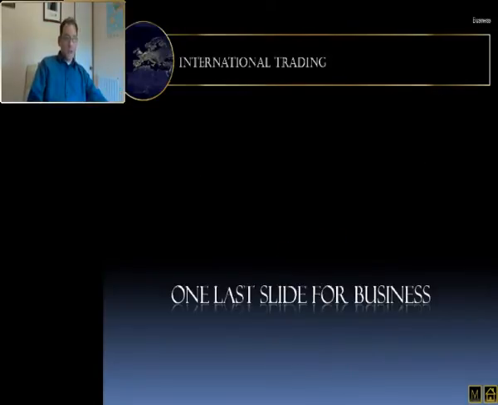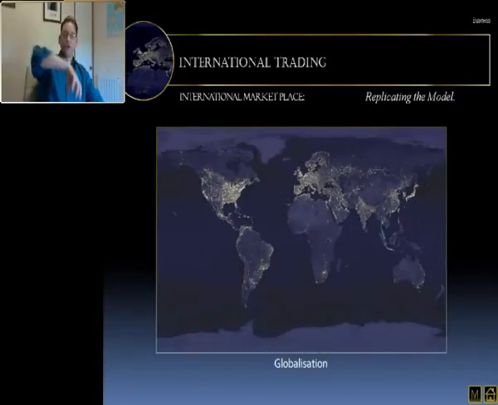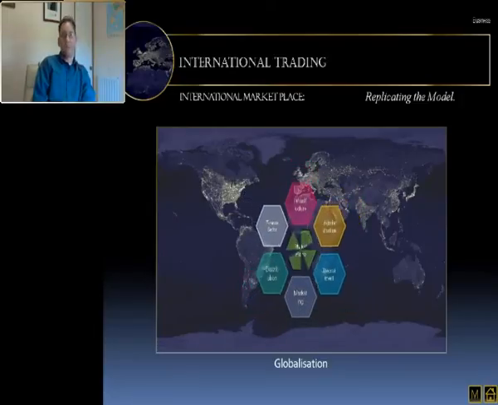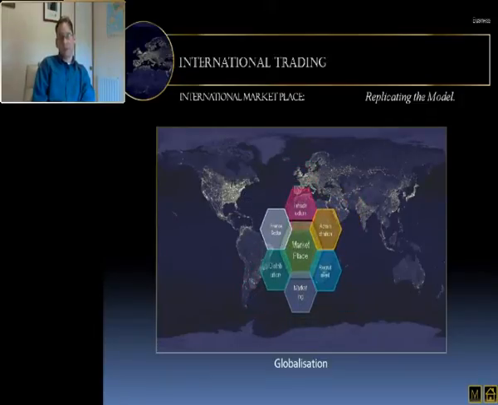Moving on. And for business, we just have one last slide for business, or two slides, but they kind of merge as one. So we're going back to globalization, replicating the model. Right? And some of these, as I was saying, roll through, so we can bring them in and just let it run. You see that? All coming together, make the marketplace,